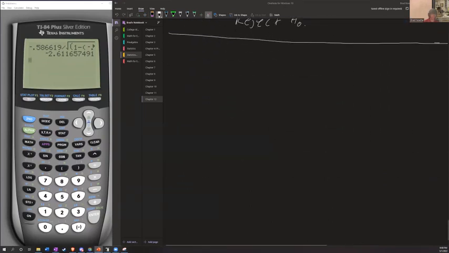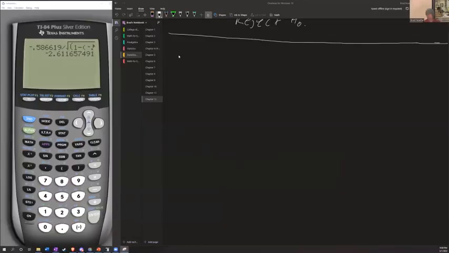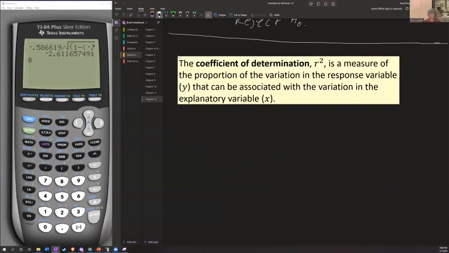So then our final concept here is that of the coefficient of determination, otherwise known as R squared. The coefficient of determination, R squared, is a measure of the proportion of the variation in the response variable that can be associated with the variation in the explanatory variable. Okay, so it's the proportion of the variation in my dependent variable that I can associate with my explanatory variable here. Okay, so for example,